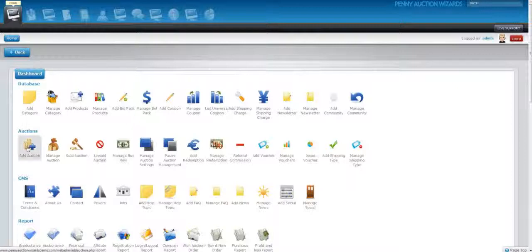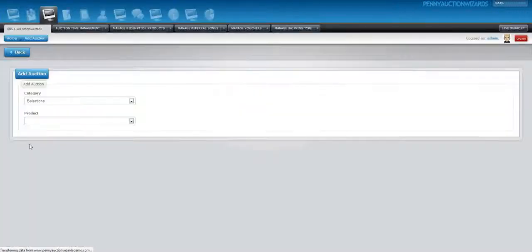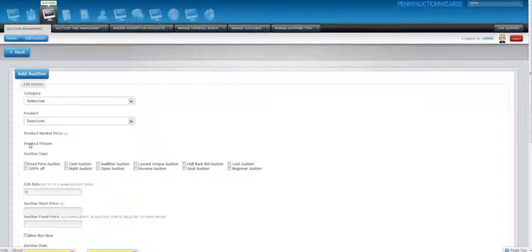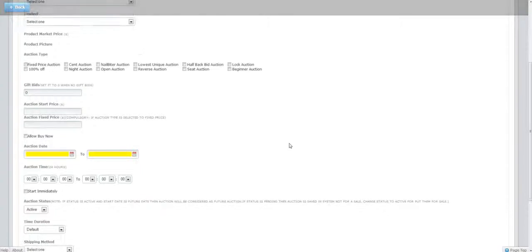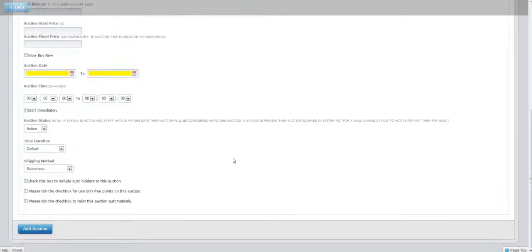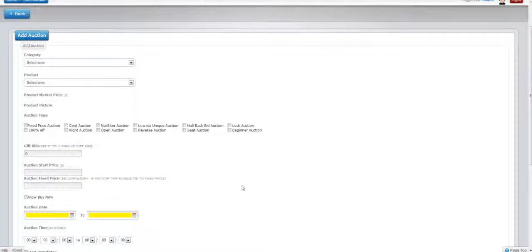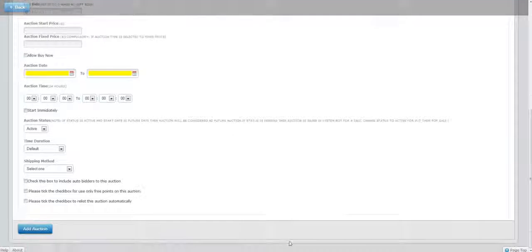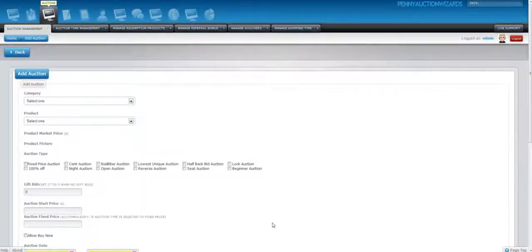So let's start on the main section. You're going to be using this a lot. This is the add auction section. So to create an auction, it's very simple. We have an intuitive design here, and I'm going to explain what everything does here. As you use this section more frequently, you're going to become an expert at it. Typically, listing an auction takes about 10 seconds, but we're going to review this in detail